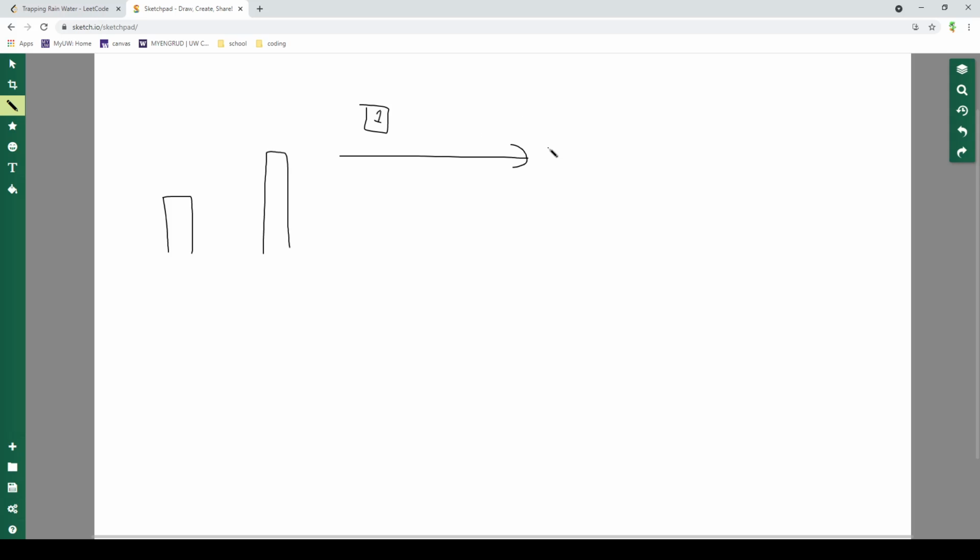Well, now you might be thinking that this will actually miss a couple bowls, because while this would work for a bowl shaped like this, it wouldn't work for one shaped like this, because this wall isn't taller than this wall, but it would still trap water in it. But this problem is just easily solved because